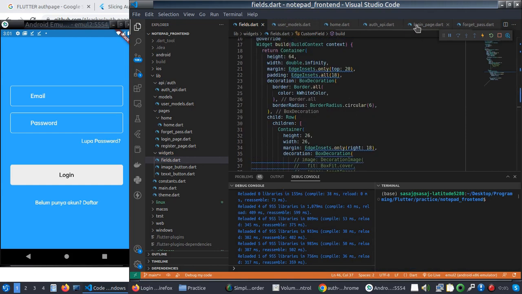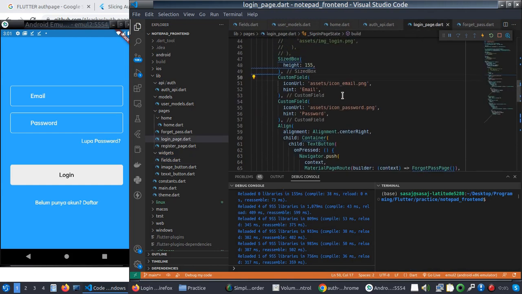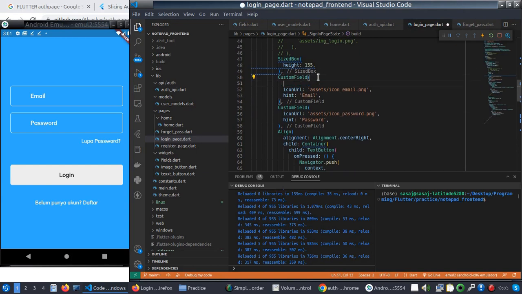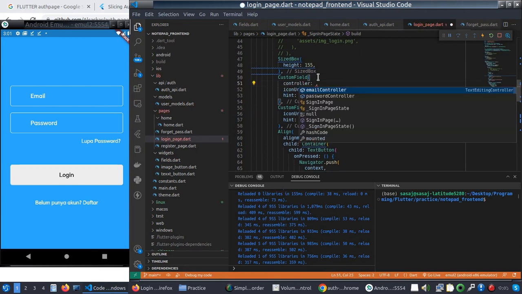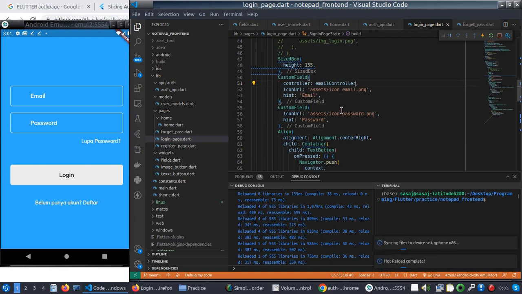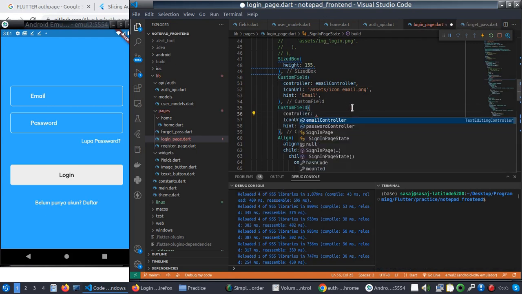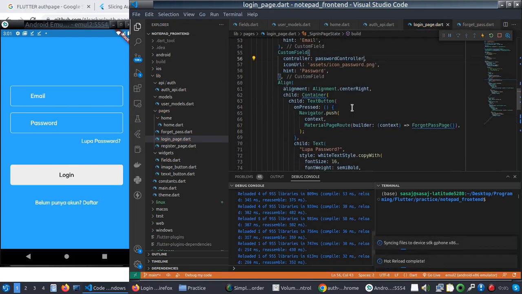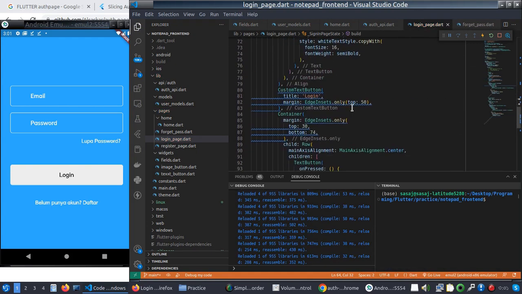And now if we navigate here, we have to pass the email controller here, and for password, the password controller here. And now on submit on login,